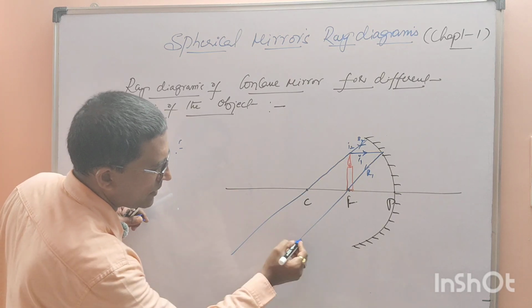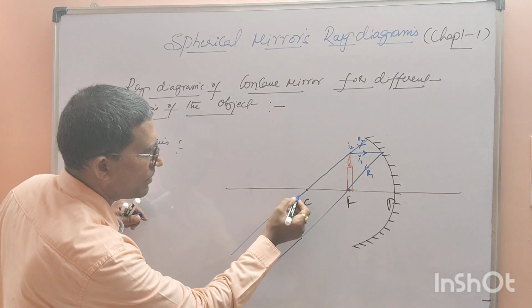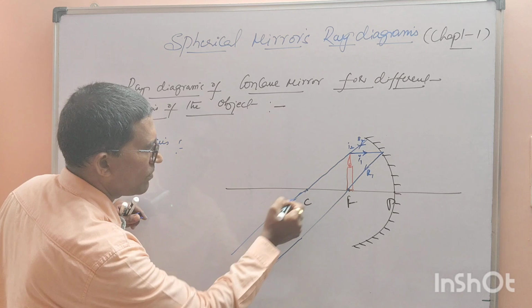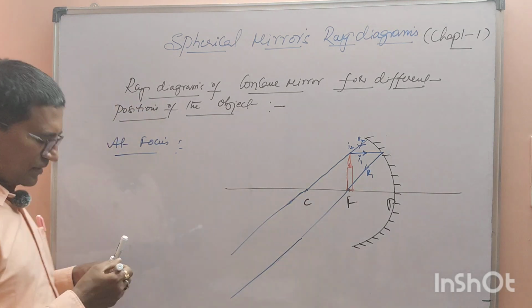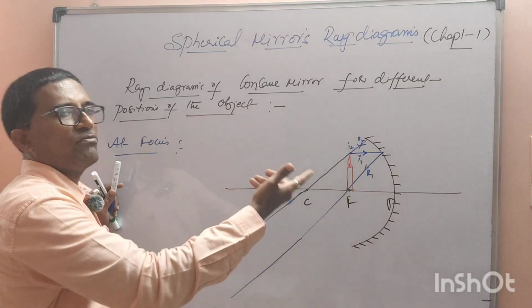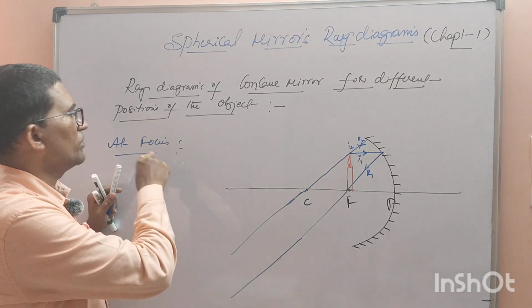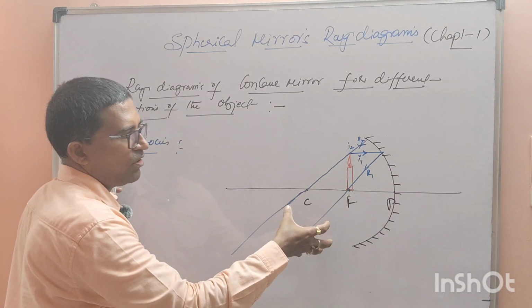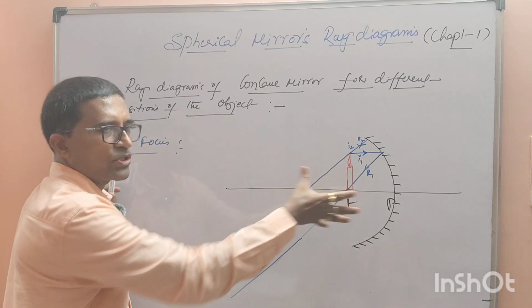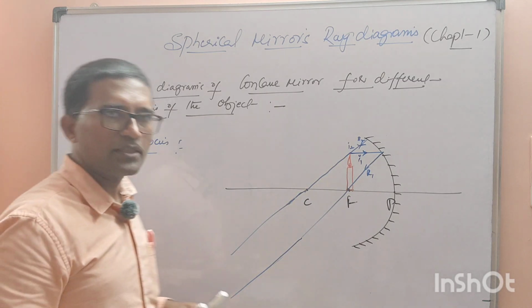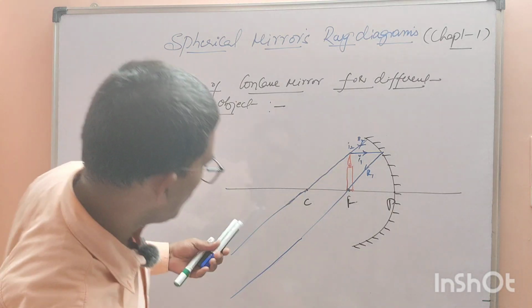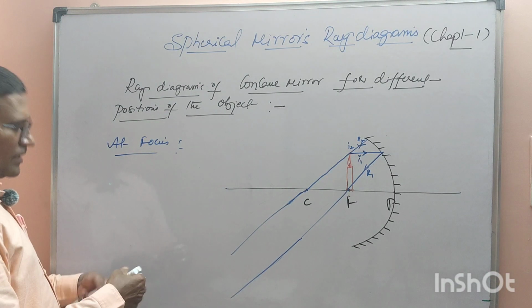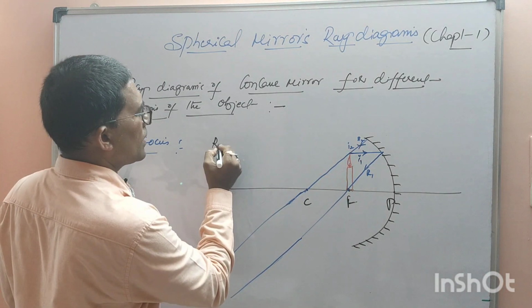No, they are not meeting. The image is formed at infinity. Image will be at infinity. So we can follow the first way of drawing the ray diagram when the object is at focus. You can opt for this also according to your choice, your convenience, your comfort, while you are drawing the diagram in examination. Okay, so the nature we can write the same way, that is, image is real,